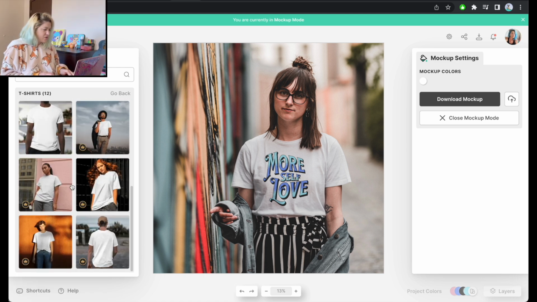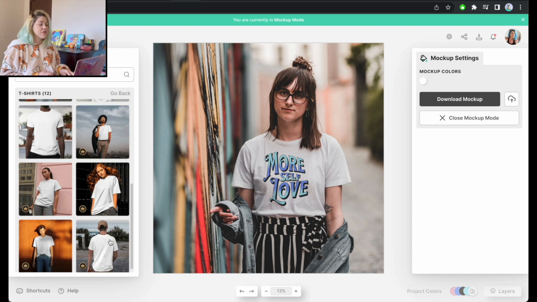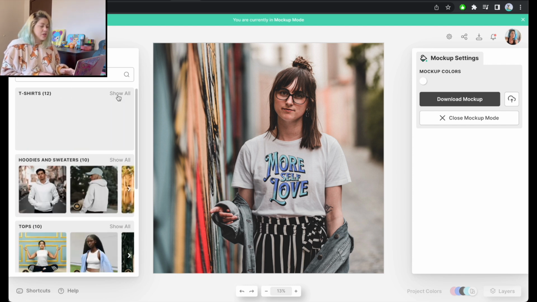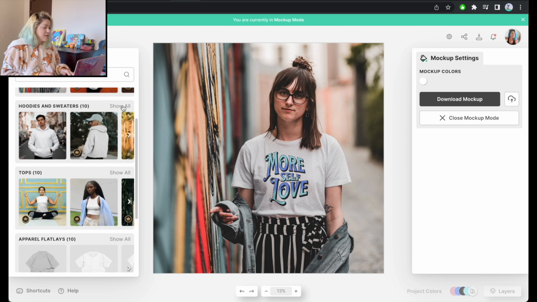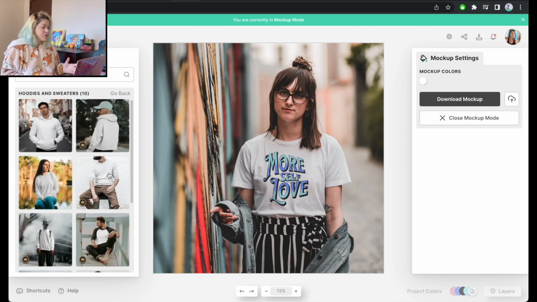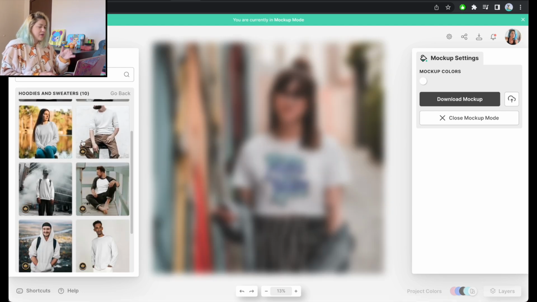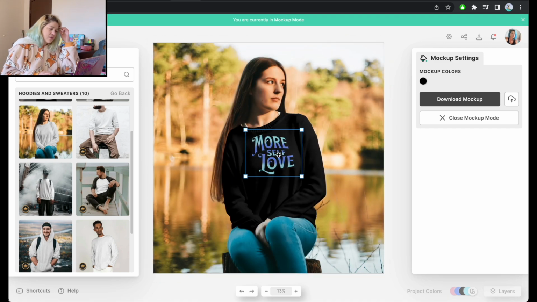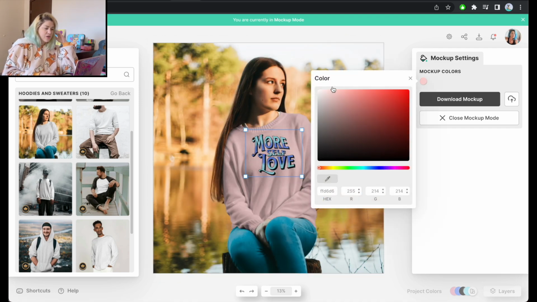I like these girls' attitude, and we also have mockups of the t-shirt from the back, because that is also an option with multiple print-on-demand companies. We also have options for hoodies and sweaters. This sweater, actually, I remember looking at it earlier, and let me change the color, and I was thinking to